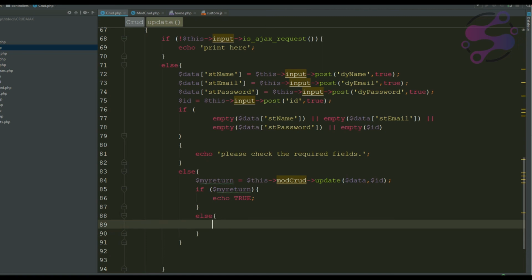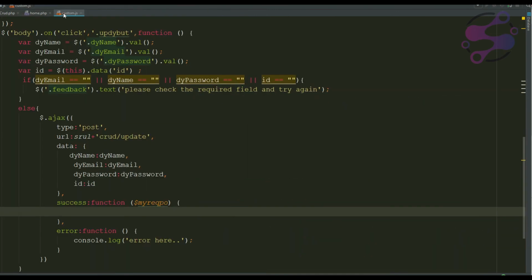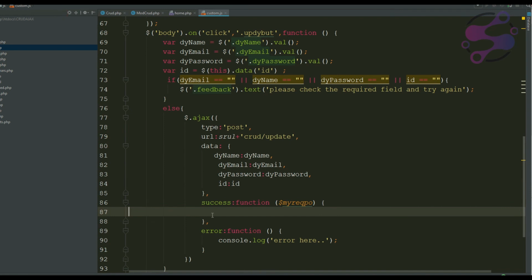It's totally depend upon you how you are doing. I'm saying false. Okay, so now false, and you have to check at your JS section. So here is your JS sections. I'm saying if